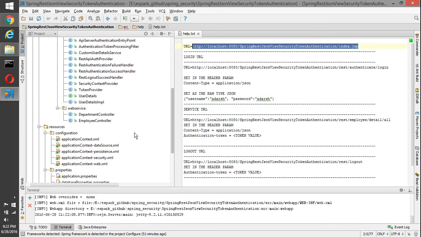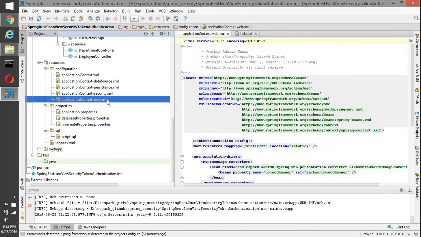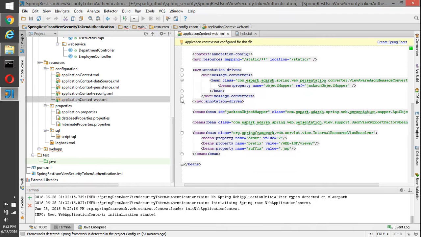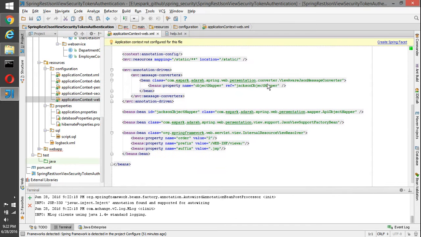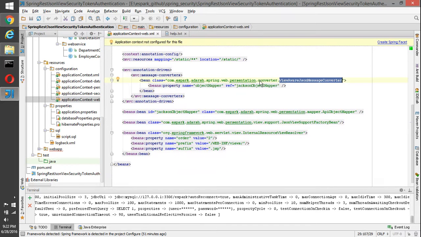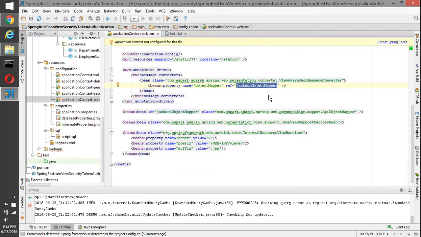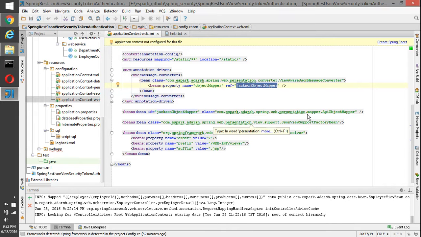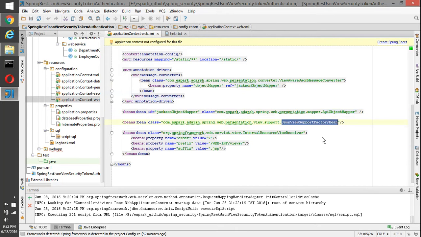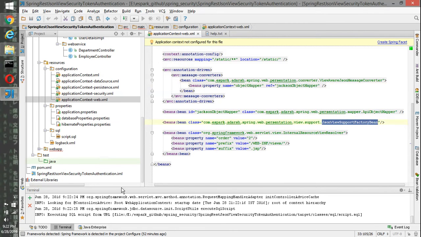One thing which I have not told you about is the web configurations, where we have our own view converter, our own custom mappers, the API object mapper, and then our own custom factory where we need to include our own custom handler.